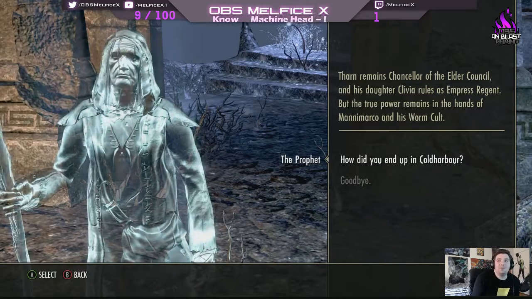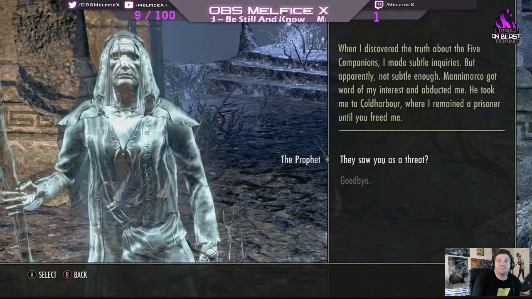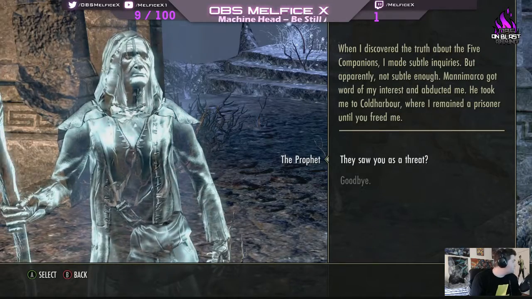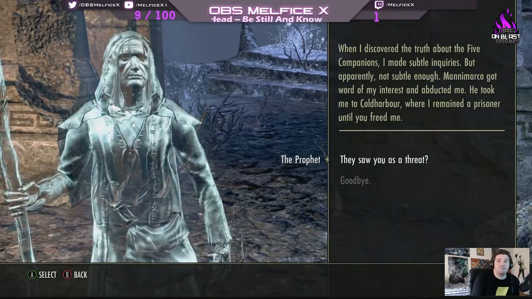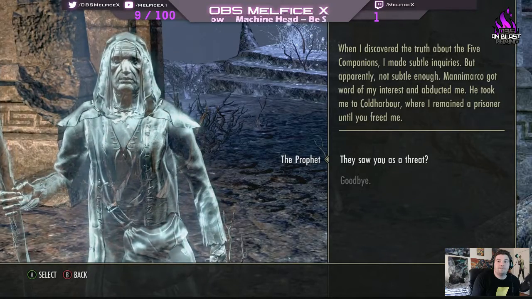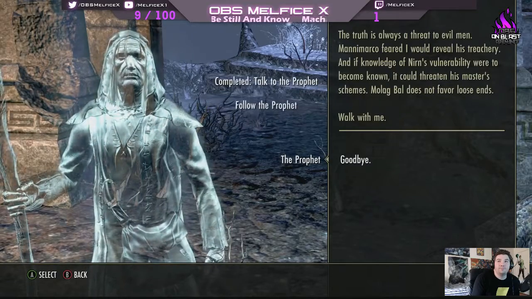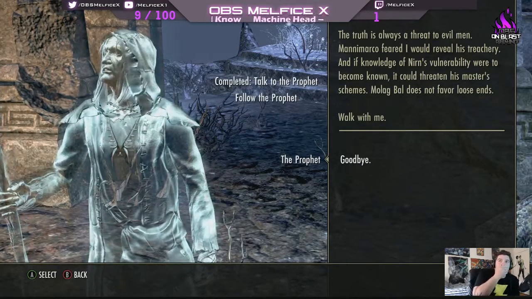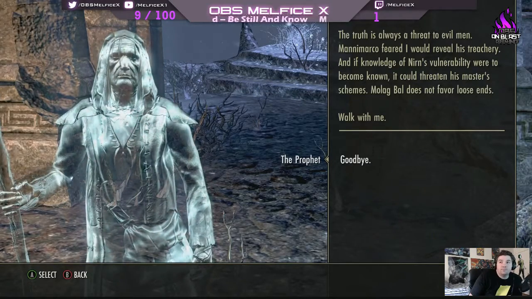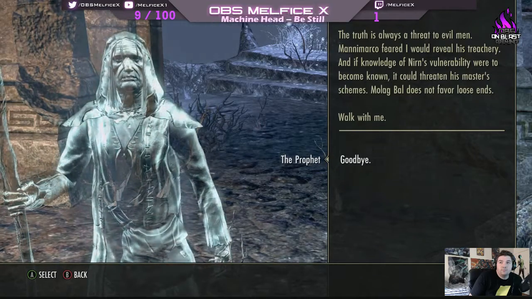How did you end up in Cold Harbor? When I discovered the truth about the 5 companions, I made subtle inquiries, but apparently not subtle enough. Manamarco got word of my interests and abducted me. He took me to Cold Harbor, where I remained a prisoner until you freed me. They saw you as a threat? The truth is always a threat to evil men. Marco feared I would reveal his treachery, and if knowledge of Nirn's vulnerability were to become known, it could threaten his master's schemes. Moloch Baal does not favor loose